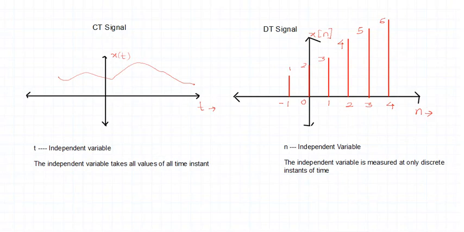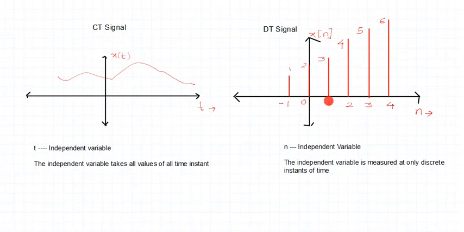If I talk about DT signal, right? A DT signal is one which is measured at discrete instants of time, right? So I see here the signal is measured only at instants like -1, 0, 1, 2, 3, 4. What are all these? These are discrete instants of time. Right. Then what about the signal information in the instant between 0 to 1? What do I know about this signal? I don't know here because the signal is undefined. We cannot predict it.